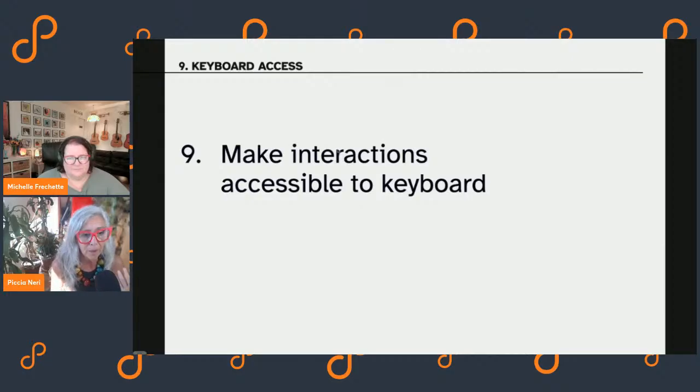And make interactions accessible to keyboard. There are a lot of data visualizations, and some of them are maps, that simply are not possible to make accessible. In that case, you need to put it in your accessibility statement. For instance, the official European survey website has a lot of data visualizations that are kind of impossible to make accessible, and they explain this: we can't make this completely accessible to keyboard, but here's the raw data. That's how you do it.